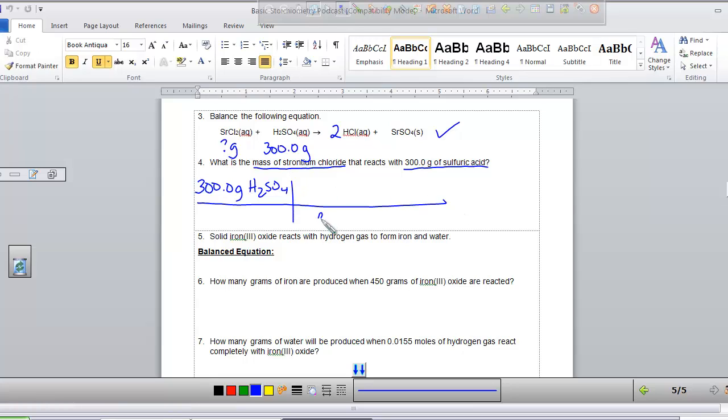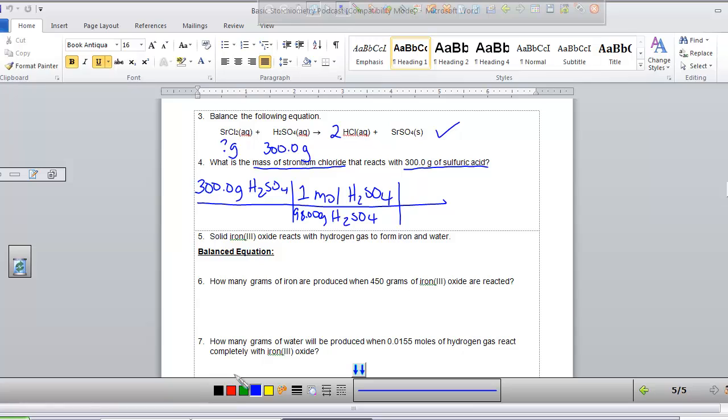All right, and we know for sure we're going to need grams of sulfuric acid down here, and the only relationship we have is grams per mole by using the periodic table of sulfuric acid. Okay, so if you look, you'll need to multiply 1.008, which is hydrogens, times 2. Then you'll need to add sulfur, which is 32.066, and then 4 oxygens, so it's about 16 times 4. When you add them all together, you get 98 grams